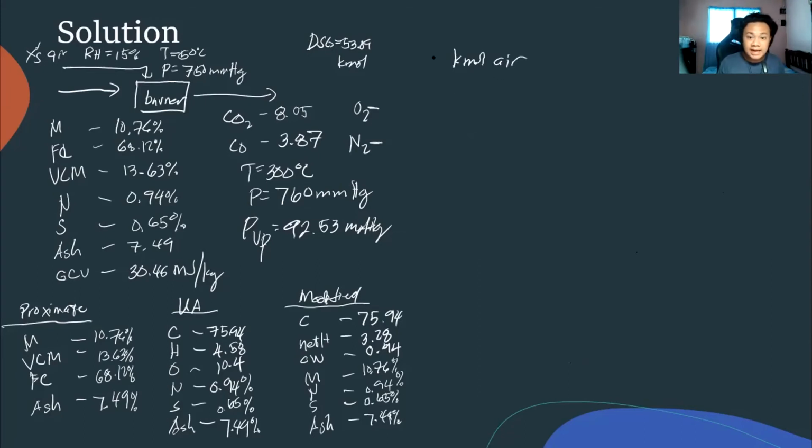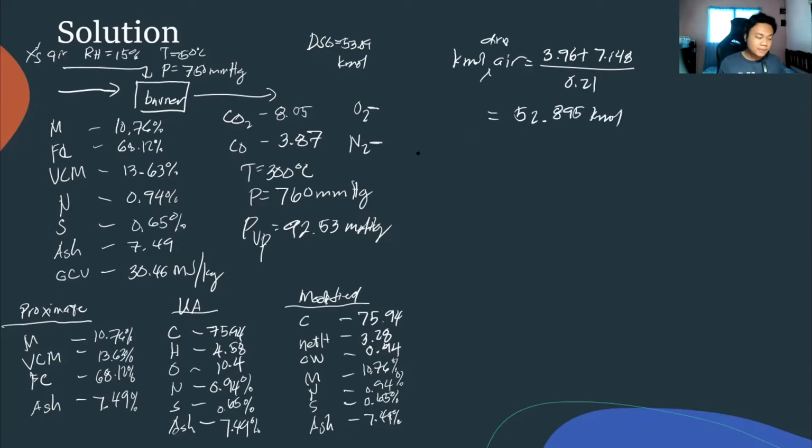Kmol air, dry air lang siya, dry air. We have 3.96, that's the O2 supplied, excess plus the VOO2 divided by 0.21. So that we will get our kmol O2, kmol air from O2, 895